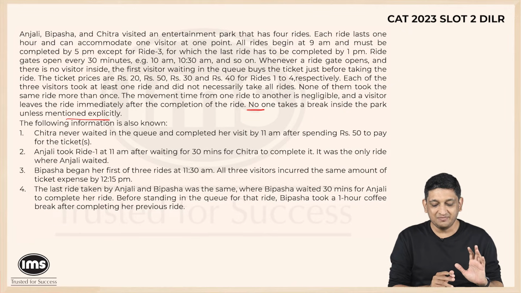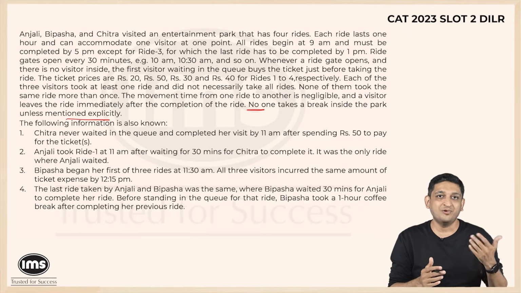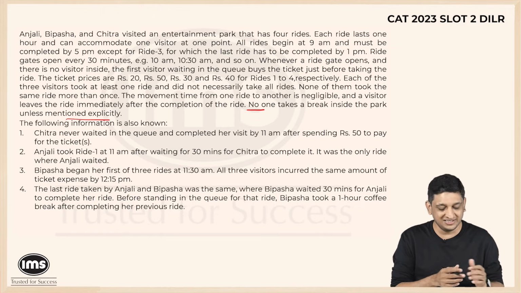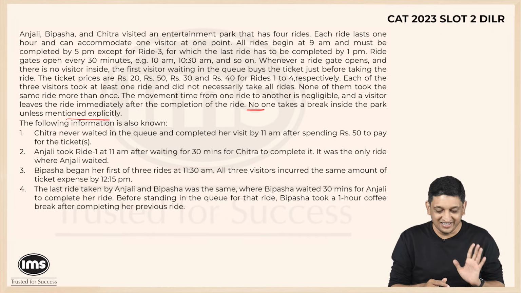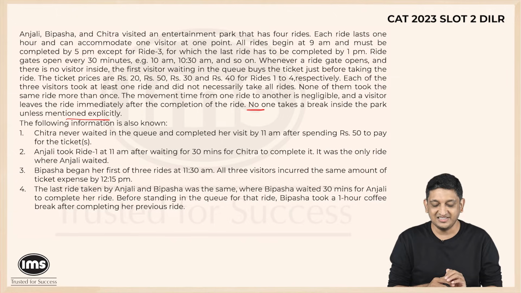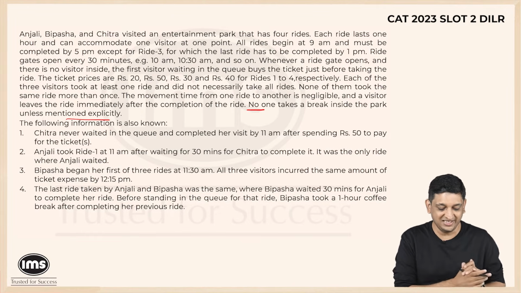In the entire pressure cooker scenario, after you have read 4 passages, solved so many VA questions, maybe solved 1 or 2 sets, and then you reach here and your entire 15 marks depends on your interpretation of this one line. I think it's really wonderful to look at this, right?